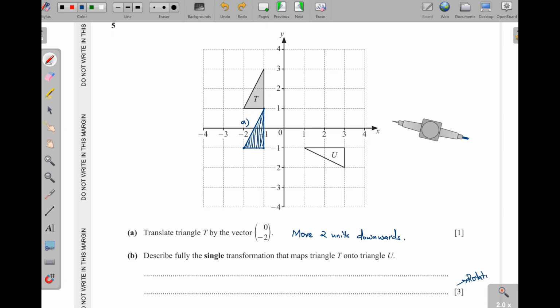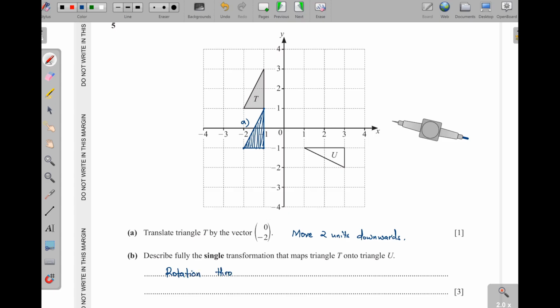Now, since these are 3 marks, then we think about rotation and enlargement. But if it is enlargement, that means the object and the image are of different sizes. But now when we look at T and U, they are the same size. In other words, they are congruent shapes. That means this one is rotation. So I will put down here rotation